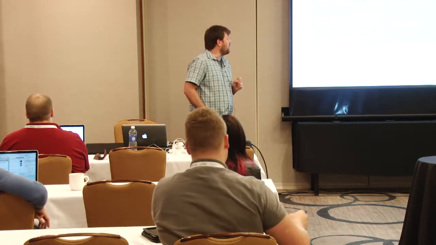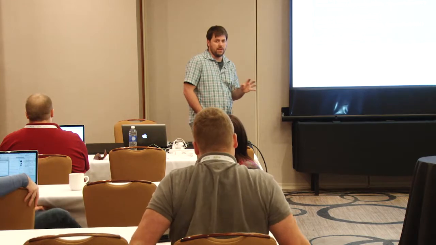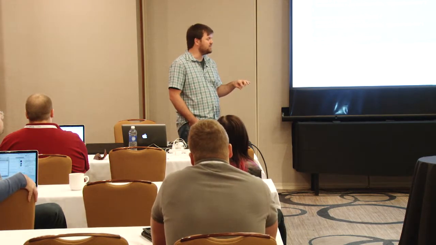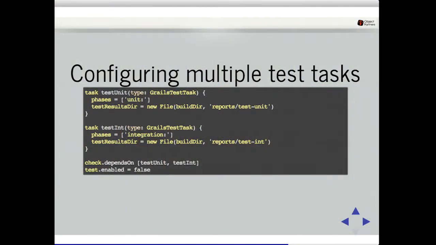Here's an example of what we wanted to do if you want to create multiple tasks to do your tests, if you want to split up your unit and integration tests. This is very useful in a CI environment where you might have multiple jobs that you can run both of these aspects. So here I've created a